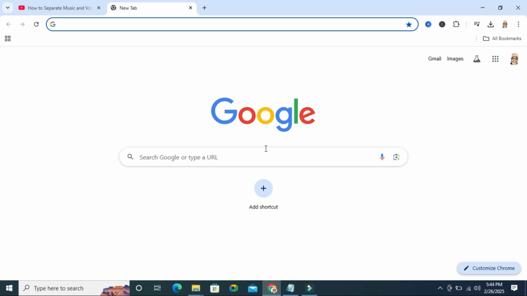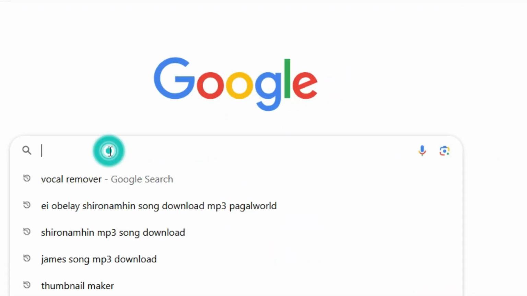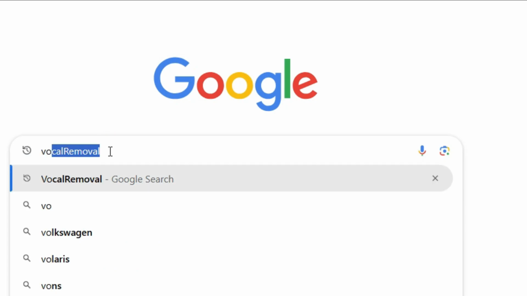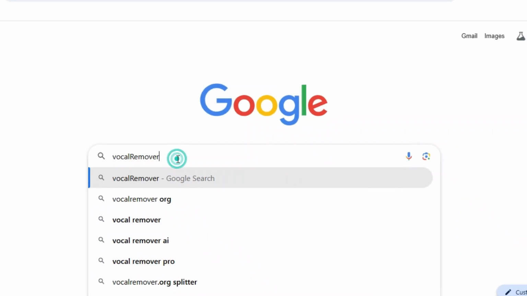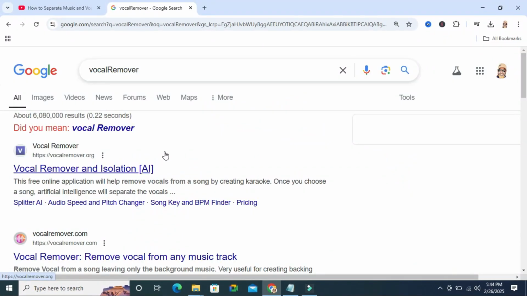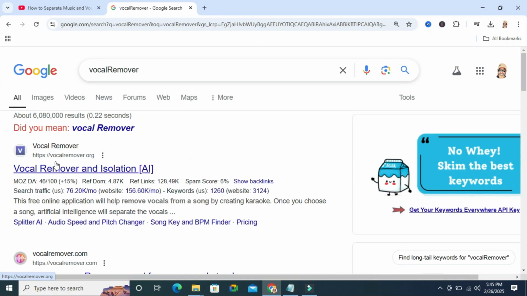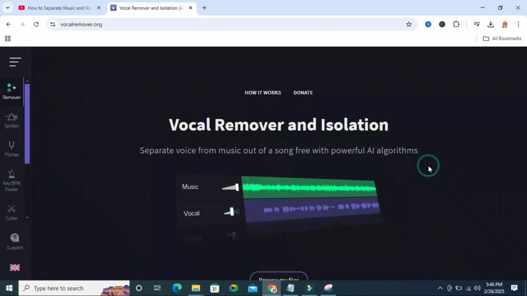To separate vocals and music from a song, go to your browser and in search type vocal remover. Just type vocal remover and hit enter. Here you will find the first link, vocal remover and isolate, and within brackets AI. Artificial intelligence will be used to separate vocal and music, and the site name is vocalremover.org. Now go to the site,